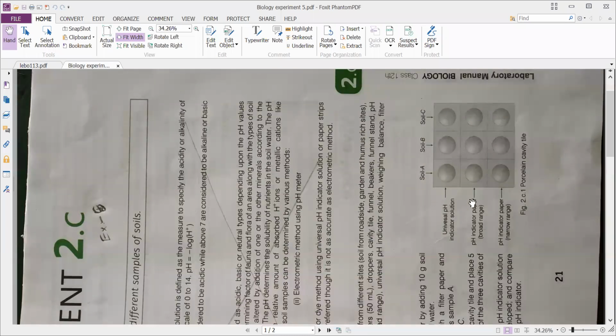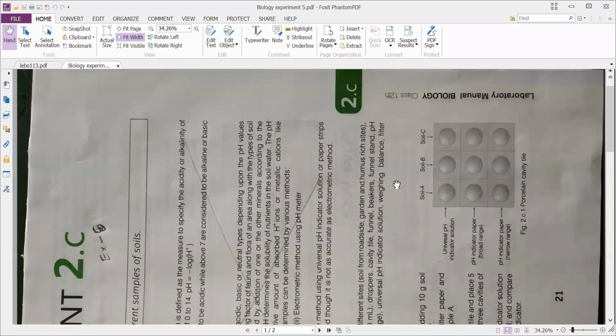Okay, and next you can find one diagram here. That diagram you have to draw on the left side. Diagram followed by observation table on the left side. On the right side we have to write aim, requirements, procedure, and next result and precautions. Diagram and next observation table on the left side.